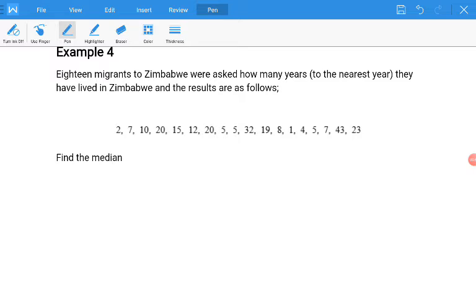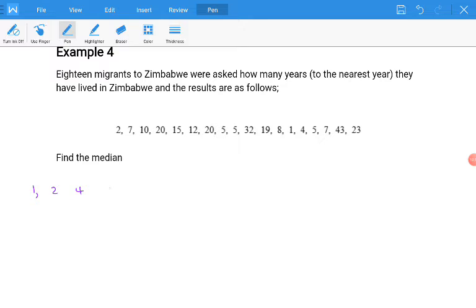Find the median. Again, the first thing that we need to do here is to sort the observations by magnitude. So if I sort the observations by magnitude, I'll have 1, 2,